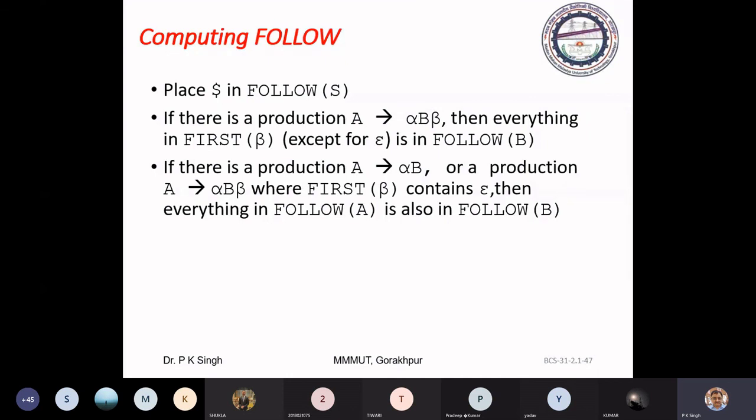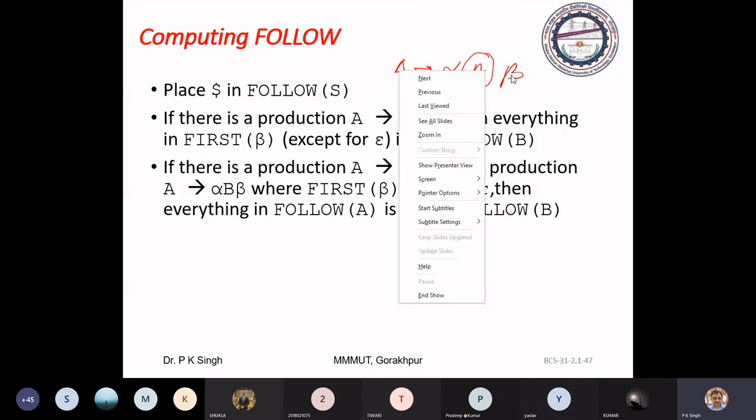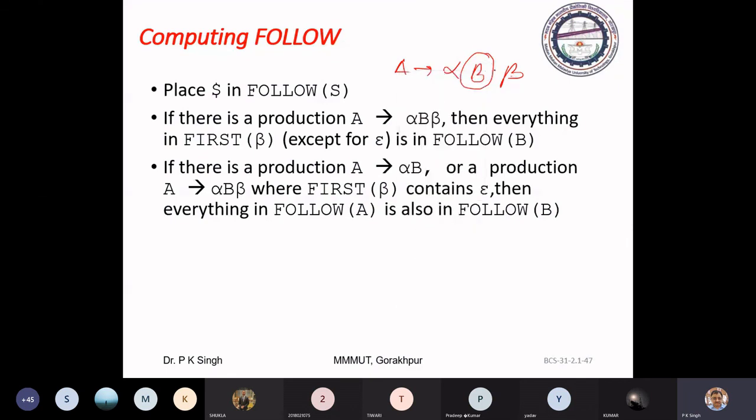Second rule, if A to alpha B beta is a production in a grammar, then follow of B contains all the symbols of first of beta. But if beta has epsilon, then you have to exclude that epsilon.